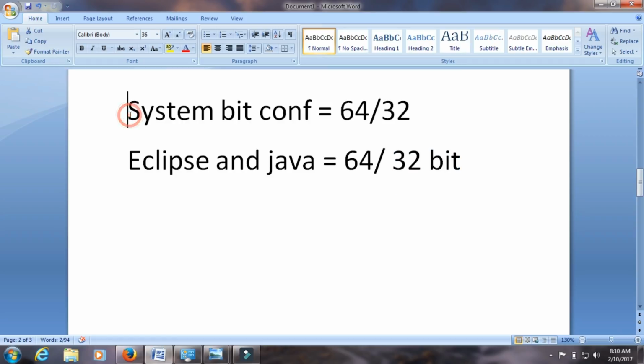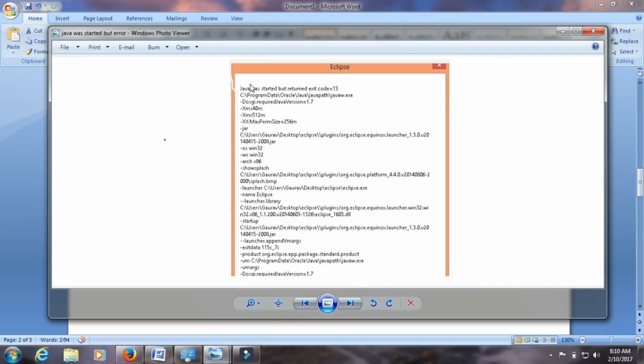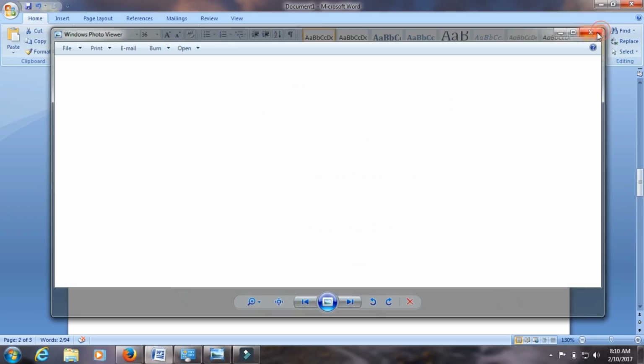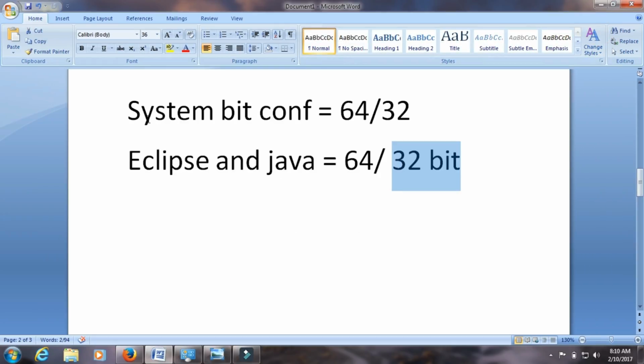If you use a 64-bit operating system and use Eclipse and Java for 32-bit, then this type of error will come: Java was started but return exit code equal to 13. Same, if your operating system is 32-bit and you are using Eclipse and Java 64-bit, the same error will come into play.